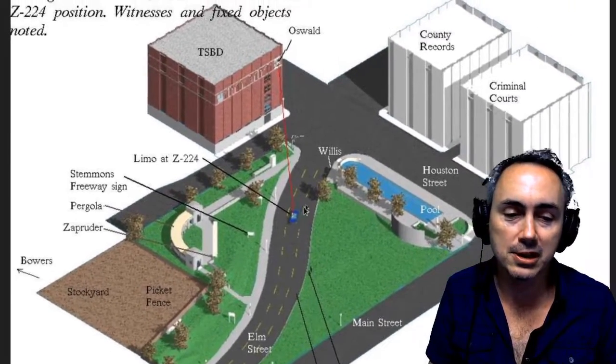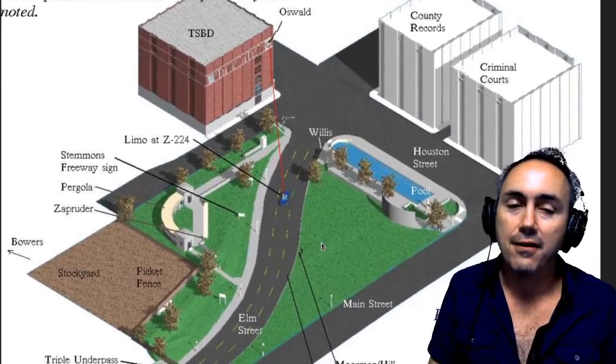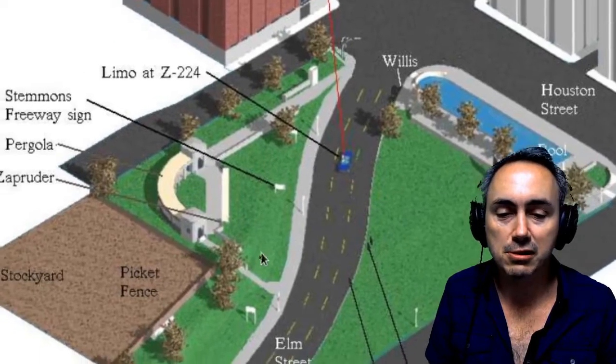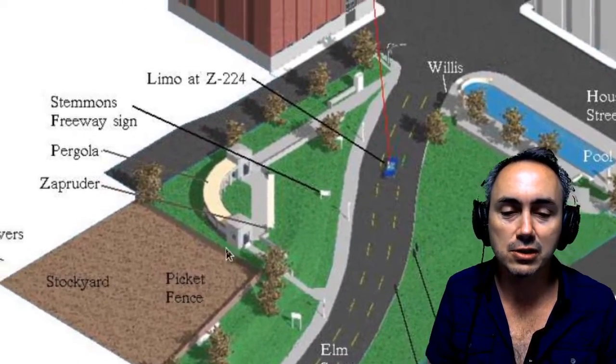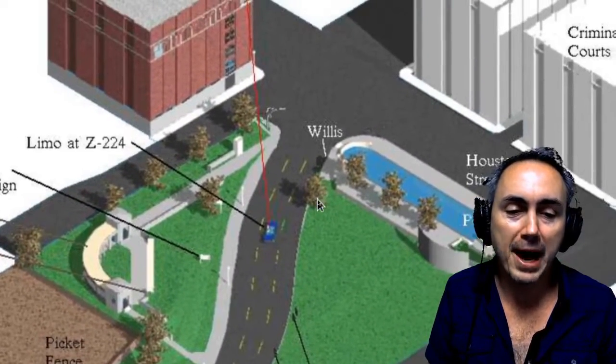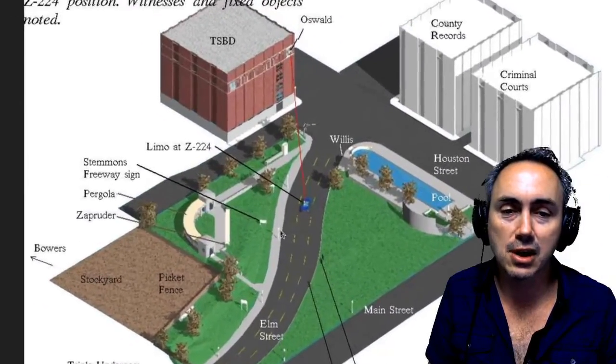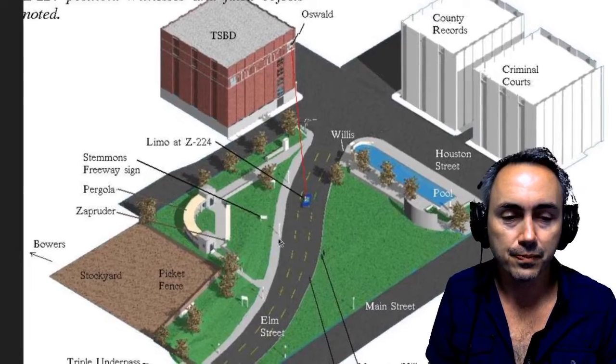If the shot comes from here and then his head goes back and to the left there, very odd, which of course is one of the reasons why there's so many conspiracy theories around JFK. Once again, here's the grassy knoll, here's a picket fence, and his head goes back and to the left in that frame. So very indicative that something is not right in the official narrative.